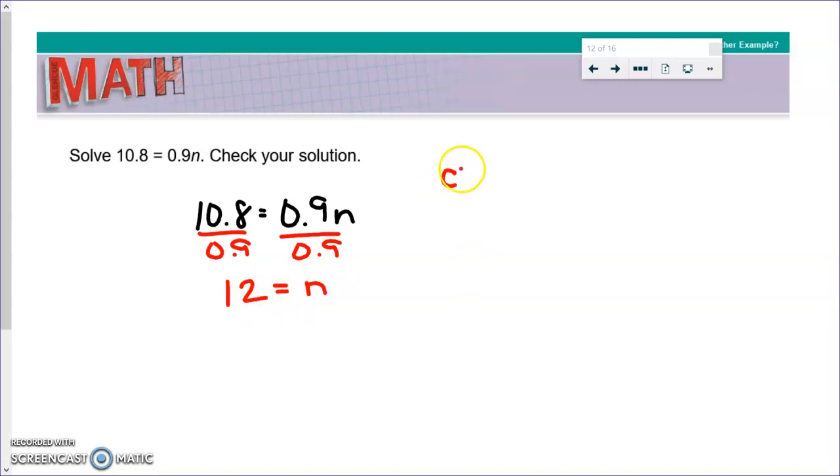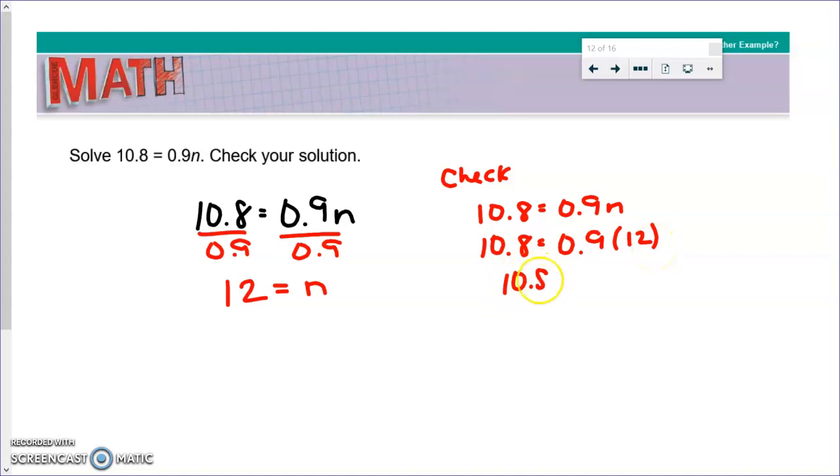And of course, as always, we always want to take our solution and plug it back in. So in this case, we want to do 0.9 times 12. And when we simplify, we get that 10.8 equals 10.8. So we know our solution of n equals